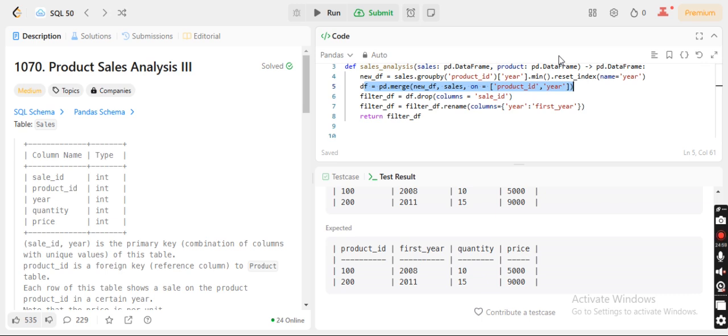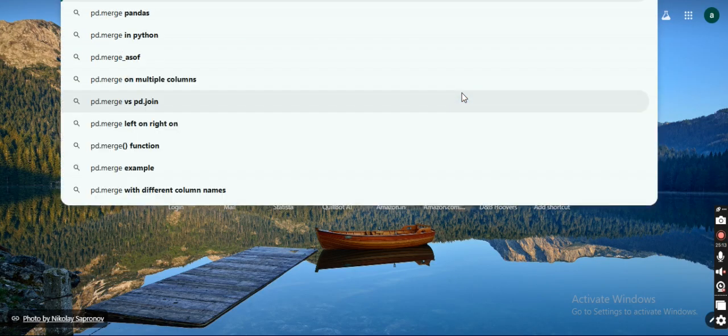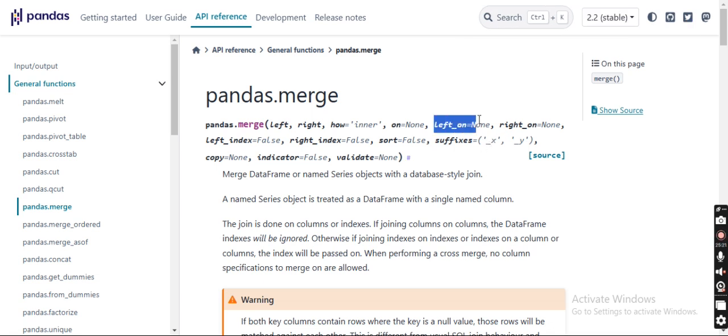Second part was, while merging the table, there is an option which I was trying, right on and left on. If you want to see that, I can show you also. pd.merge, in the documentation you may see this part also. It is quite famous actually. These functions are inbuilt in pd.merge and you may use that. But I don't know why it was not showing the accurate result. Maybe some correction I need to do.